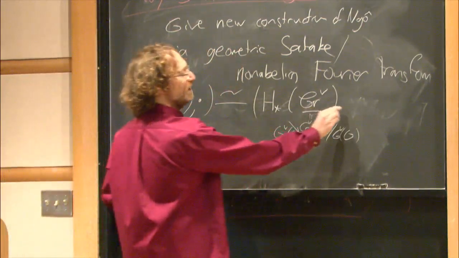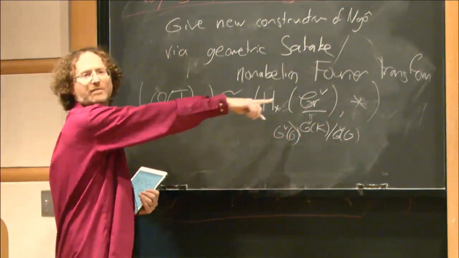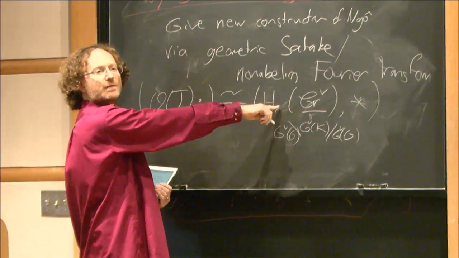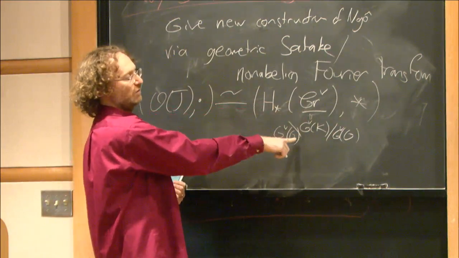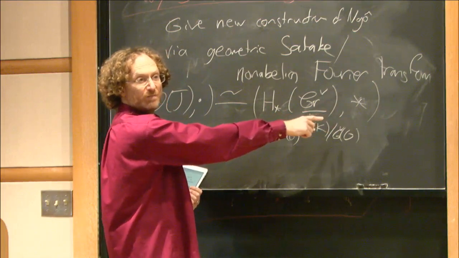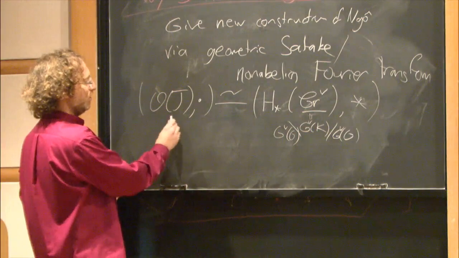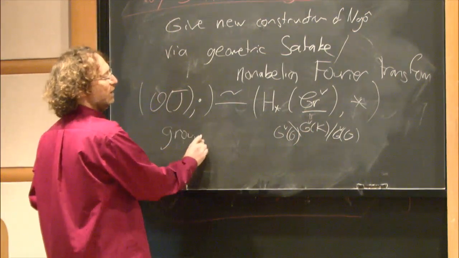So the main point, though, forget the details, is that it's a Fourier transform. The multiplication here becomes convolution here. So this is some Hecke algebra. This is an algebra of measures on double cosets, really homology double cosets, with a convolution product. So that's this multiplication. On the other hand, the coproduct, the group structure on this side, under the Fourier transform